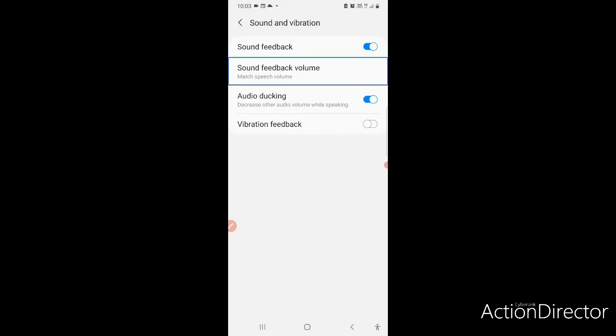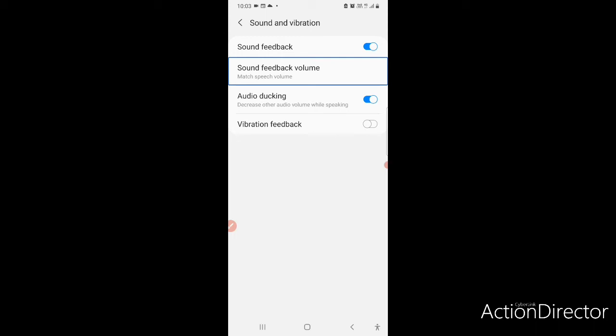Sound feedback volume, match speech volume, 2 of 4. Sound feedback volume, match speech volume. This is something in which you can adjust the scrolling sound and all the other volumes.